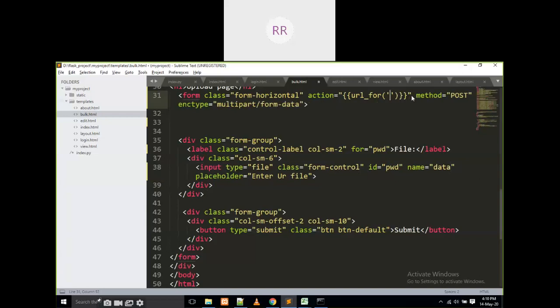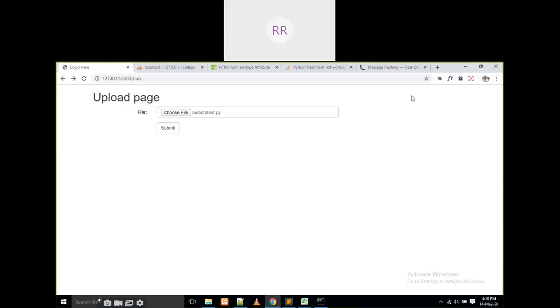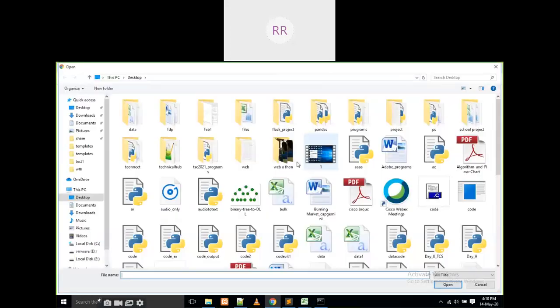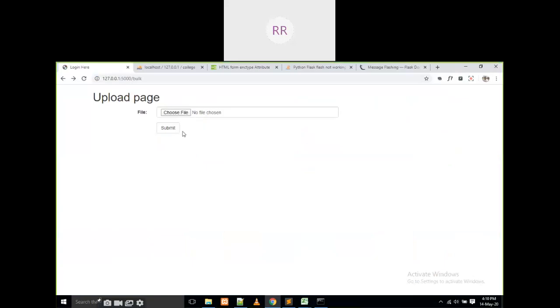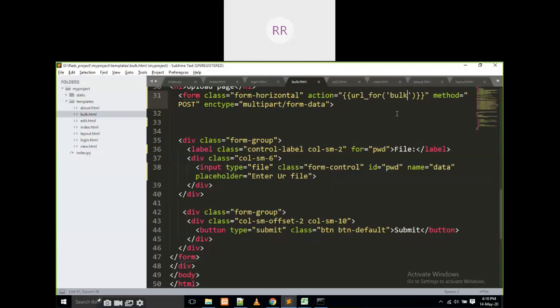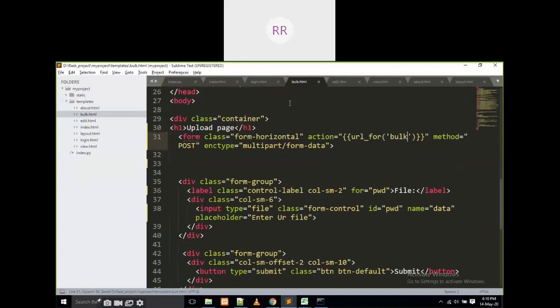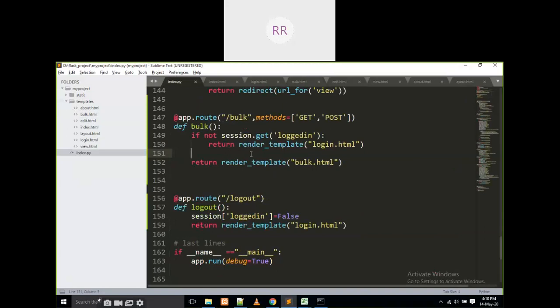If it is clicked, it is going to be bulk. That's why it is showing some error, because here I wrote login. Okay, I changed here to bulk. That means if I click on this button, the bulk button is going to work here.